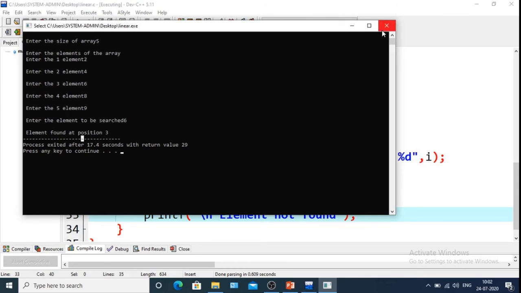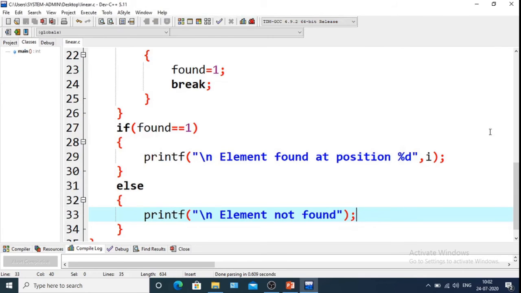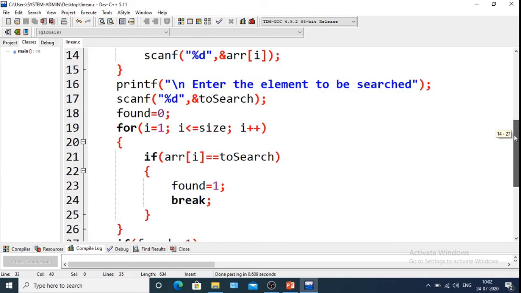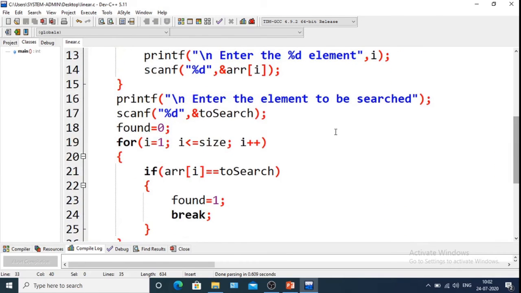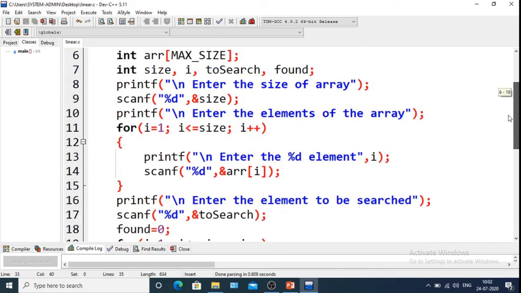So let's understand the program. Here the elements were given. arr is the array, it stores all the elements. Suppose the value of size is 5. When I equals 1, a value will be stored at arr[1], then the value of I will be 2.